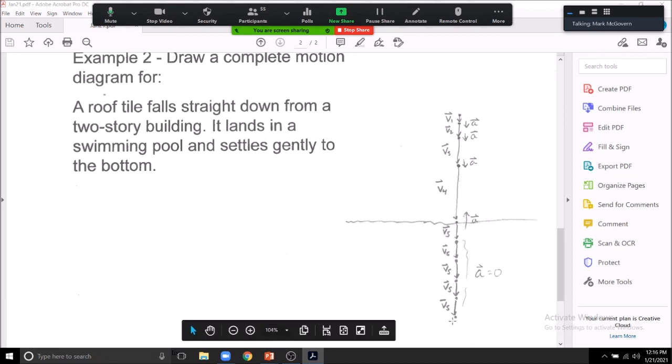I have a bunch of points here. I label all the velocities the same, and I say the acceleration is 0. This is completely reasonable. Is this the only answer? No, but it's a good one. You can make some arguments about this thing here. And if you wanted to throw, don't do that. I was going to think, can you make this harder? I guess you could, but don't do that. That's weird. So don't do that. Okay. So